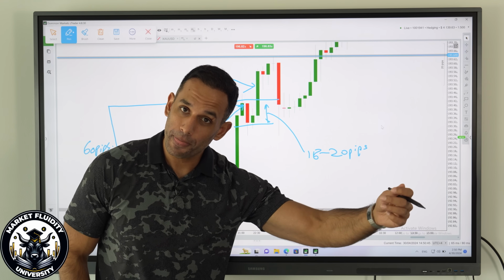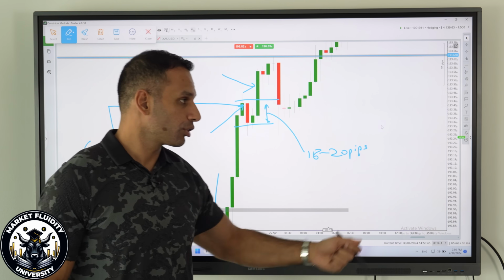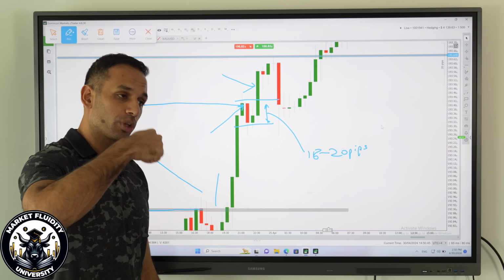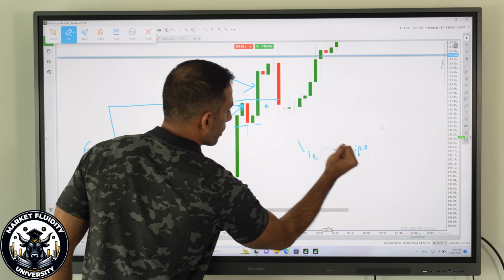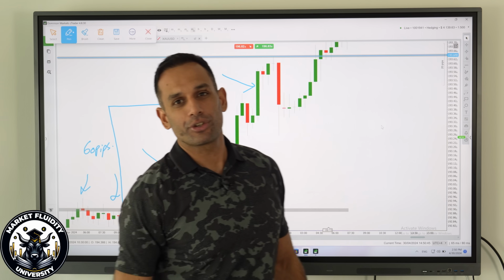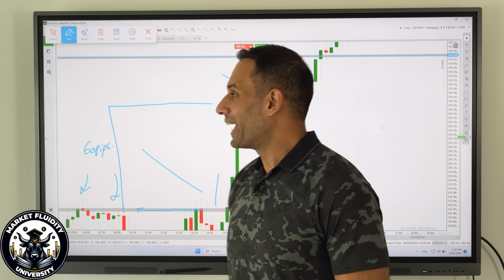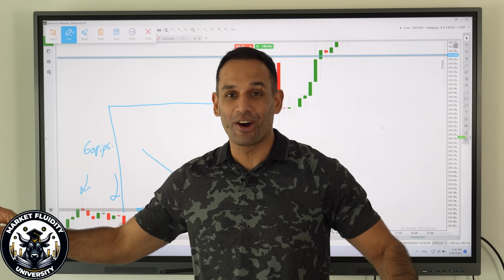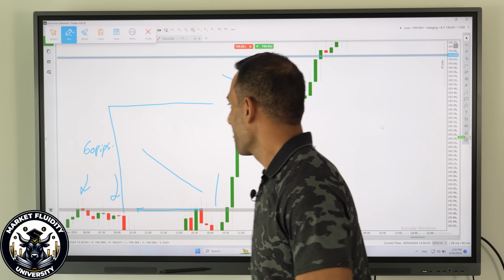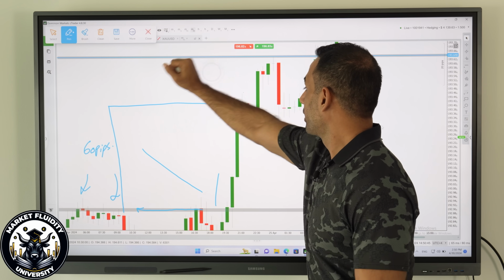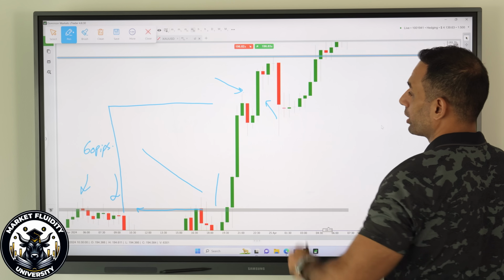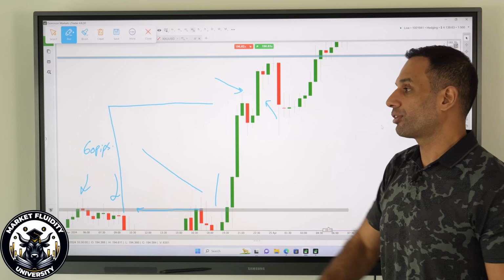And then I was forced to look at impulse entries, which a lot of you guys know. In this scenario, there are two types of traders. Number one is the trader who waits for the candle to close because they are very conservative. The second trader has missed so many trades by waiting for candles to close that they decide not to miss a single trade now. When there's volume in the market and price is trending, I'm going to look for some sort of impulse entry. This is where your impulse entry comes in, when this candle breaks above the wick to the left-hand side. Awesome, perfect, my impulse entry goes in.